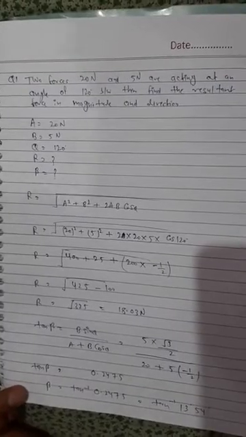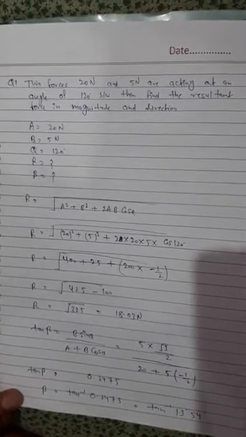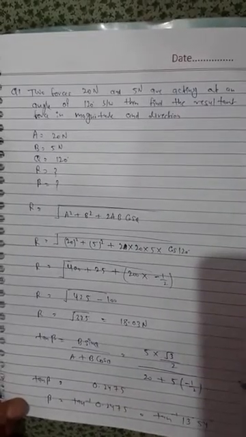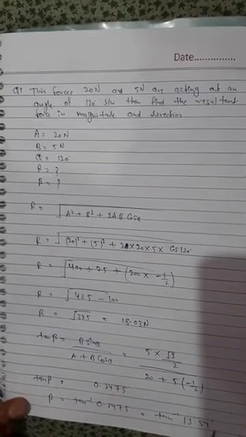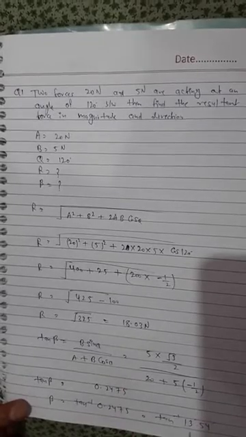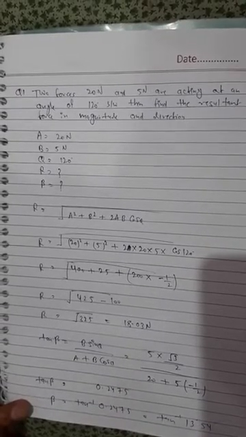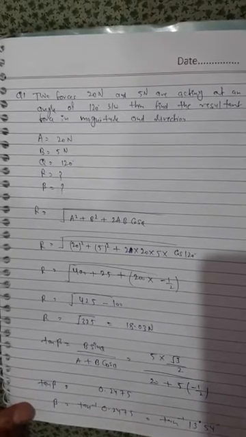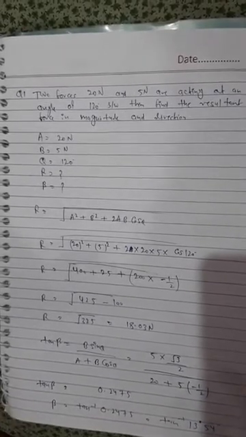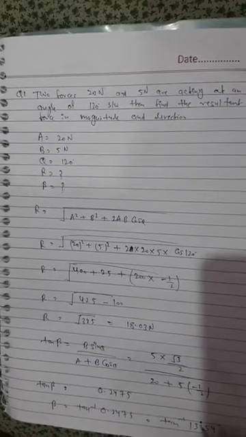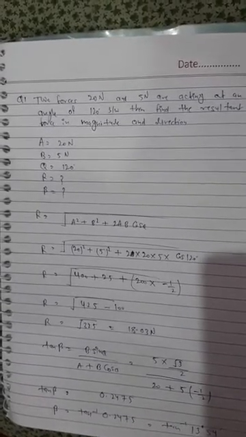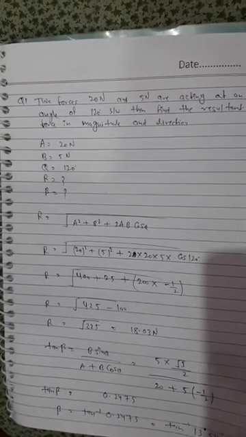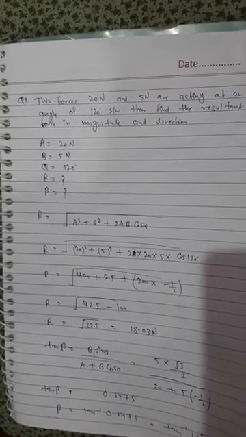So if you have a question, this is the simpler one, and if you have a difficult one, then the value of this term will be given in the question. So you don't have to worry about the value of tan inverse, 13 degrees 54 seconds, because further the question will be solved. These kinds of values are already given in your examination. Now let's discuss the next question.